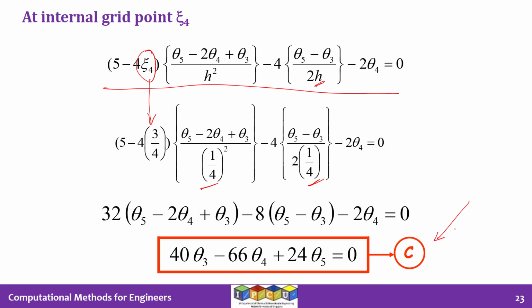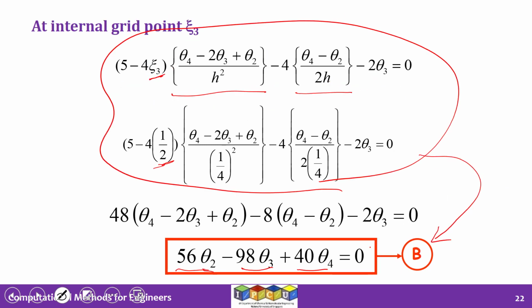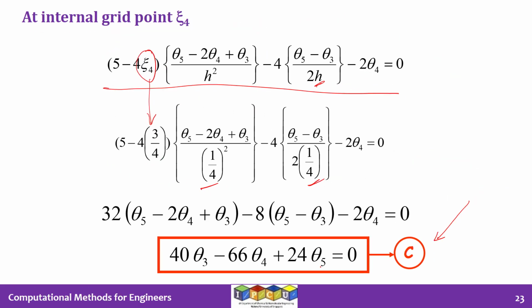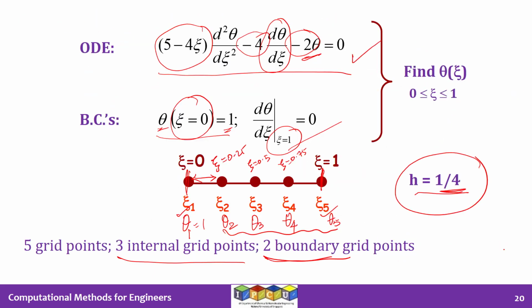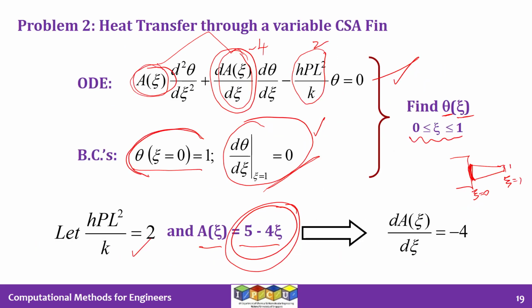So at this point in time, we have three equations, A, B, and C. All the equations are linear because our original ODE is linear. And these three equations have five symbols: theta 1, theta 2, theta 3, and additionally theta 4 and theta 5. So totally there are five symbols. Now let's incorporate the boundary conditions given to us. As mentioned earlier, theta 1 is given to be 1 in the problem, right? Because the condition specified in the question is that at psi equal to 0, theta has a value of 1. So psi equal to 0 corresponds to psi 1. So theta at psi 1 means theta 1. That is our way of looking at it.